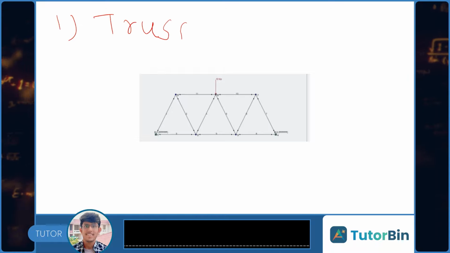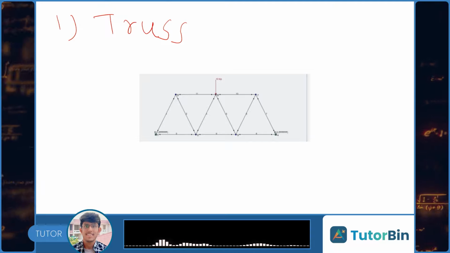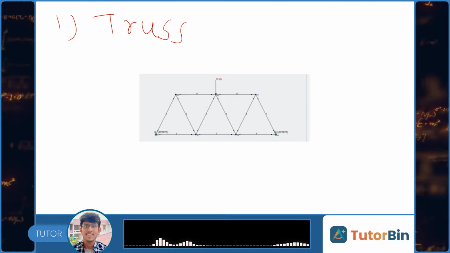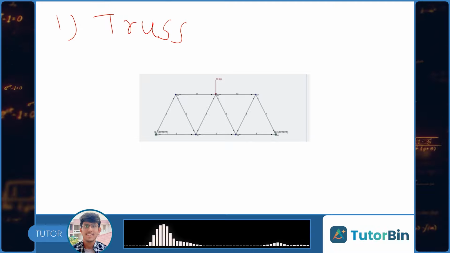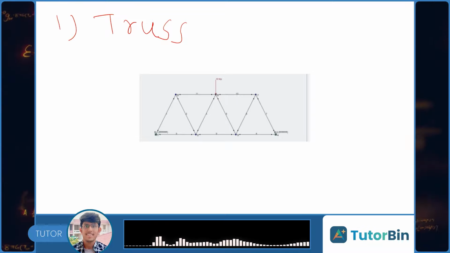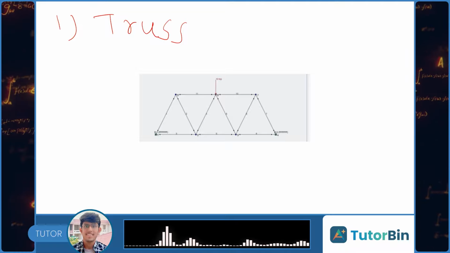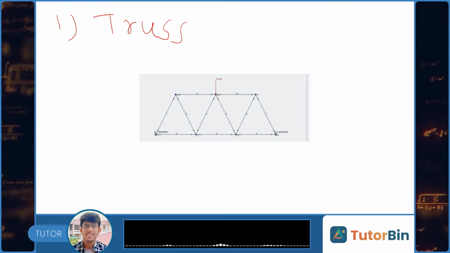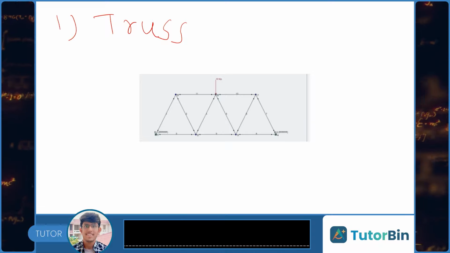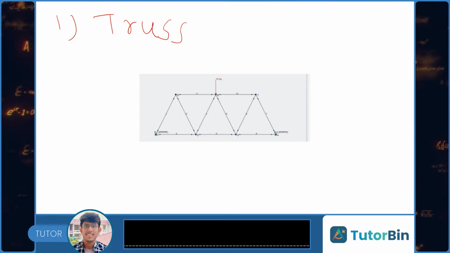This is a truss. A truss is a triangulated system of members that are structured and connected in such a way that they only incur axial forces. These members are considered two-force members as the forces are only applied at either end of the member. And there are only two types of forces coming in this section, either compression or tension force. And in the figure, a simple triangulated truss is shown.